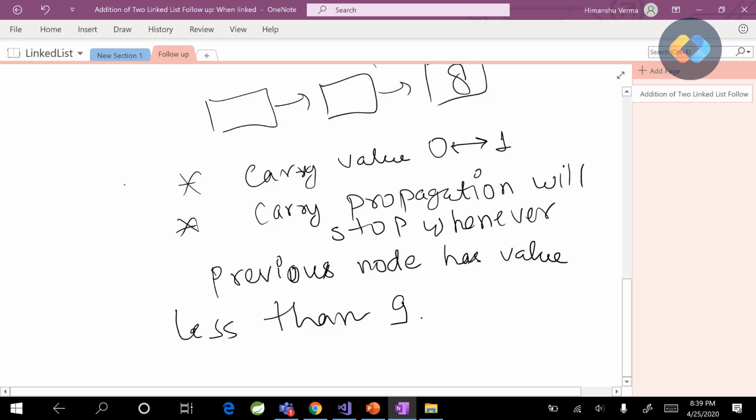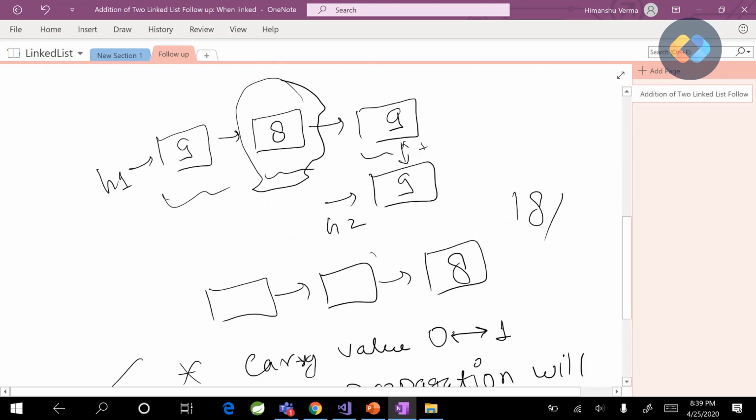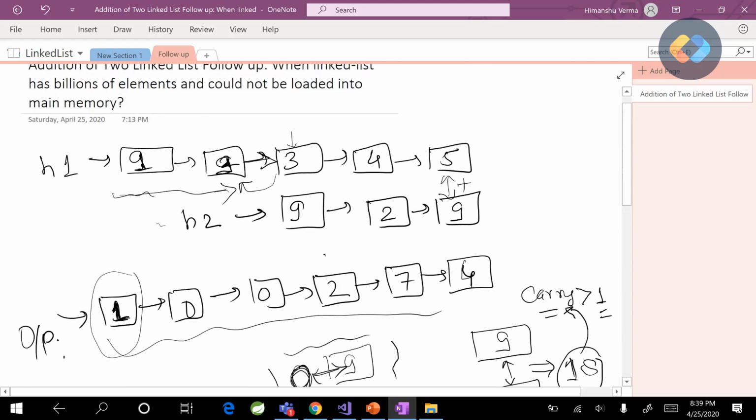Okay, so let's see how we can use both of these pieces of information and solve this problem.